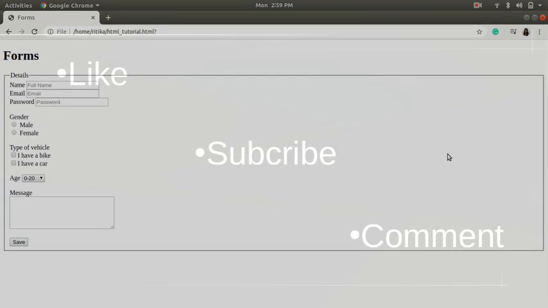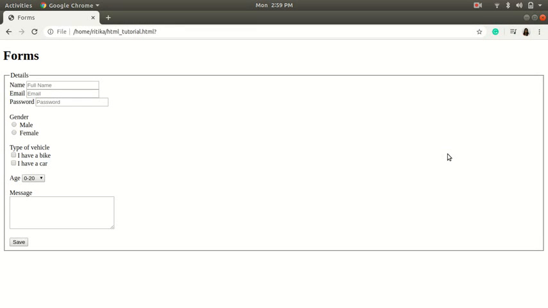In this video, we are going to look into forms. We use forms every single day when we are on the web. Like when we are searching a web page in Google, we are using a form element. When we are trying to log in to Facebook or Twitter or anything similar to it, we are using form elements. Like when we are clicking on like, subscribe or commenting on a YouTube channel, that is also a kind of form.